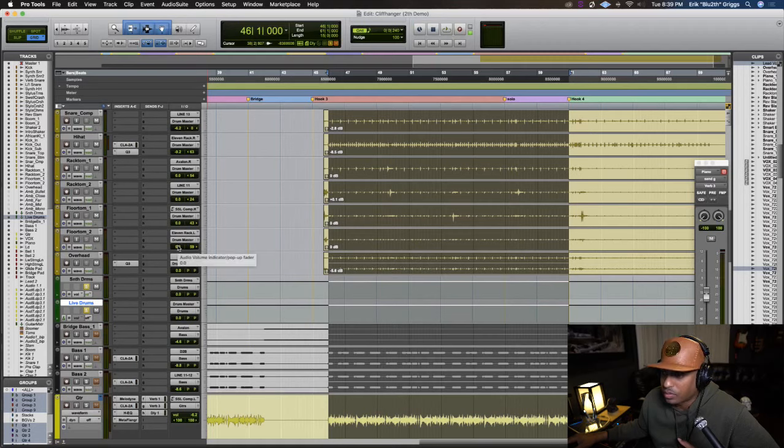I think I want to pull floor tom 2 never happens. So I'm gonna pull this one down, and I'm gonna pull this one down about 5 dB. Oh no, floor tom 2 does happen. It happens right here. So let's pull that down about 5 dB. I don't know if that's how much it needs, but